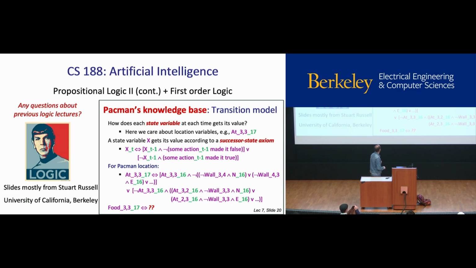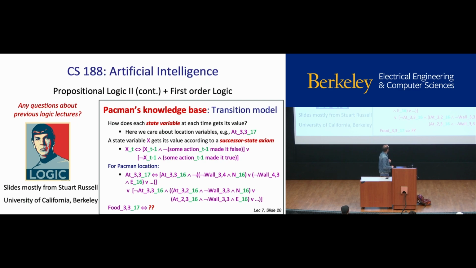So this is the outermost symbol here, this or. So it's either this or both. You are at location 33 at time step 16, and it's not the case that you moved north at time step 16 without a wall blocking you,